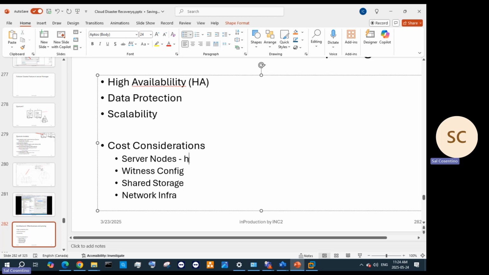I just mentioned hardware, licensing for your operating system, for the OS. And then when we have our witness configuration, based on our drawing,